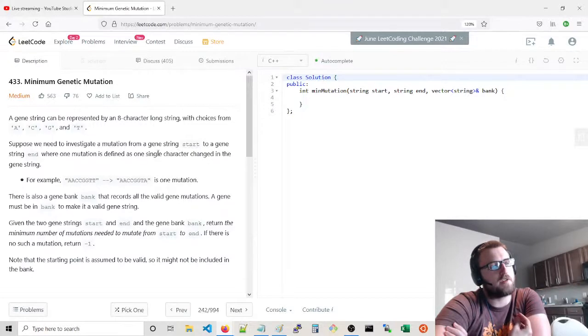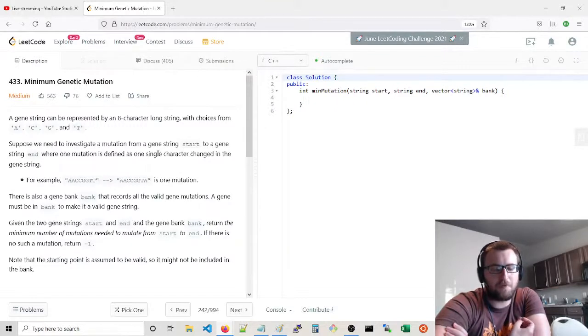Effectively, the graph could be every string in the bank. We'll just add the start string if that doesn't exist in the bank. Every string in the bank, and make an